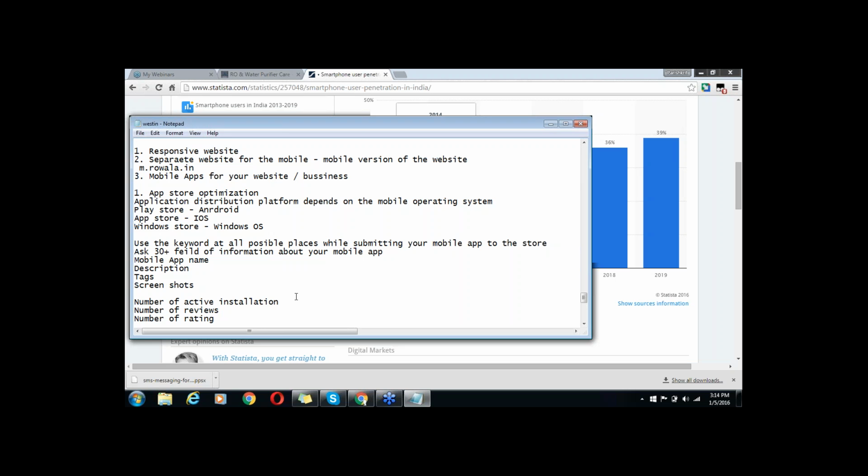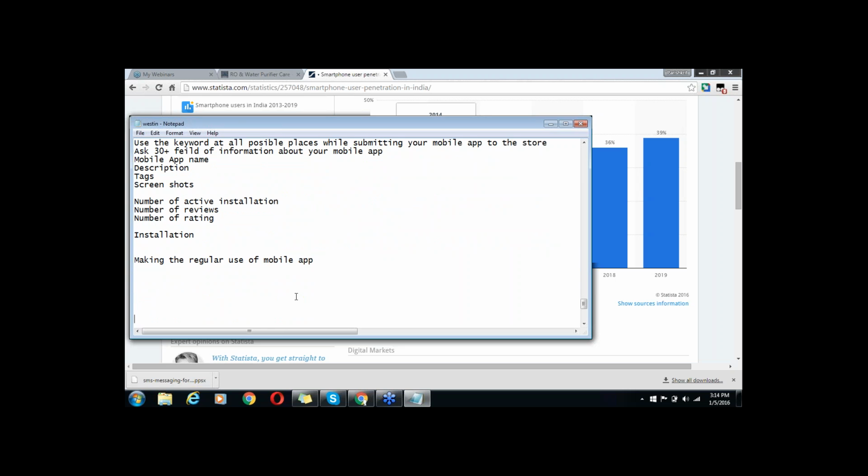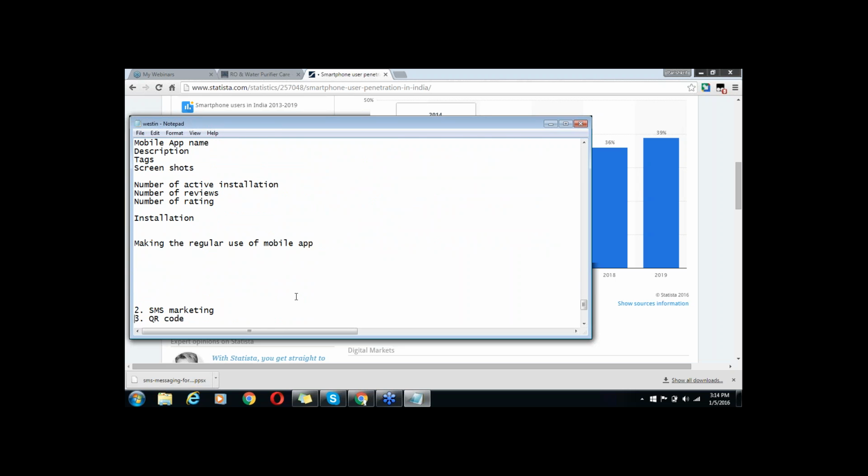Website optimization is the first thing, video marketing is the next upcoming thing, and the third most upcoming thing is app store optimization. Career wise, app store optimization is a very fantastic thing, right?